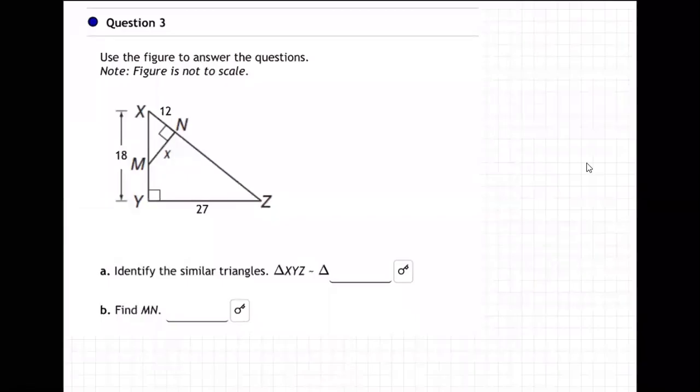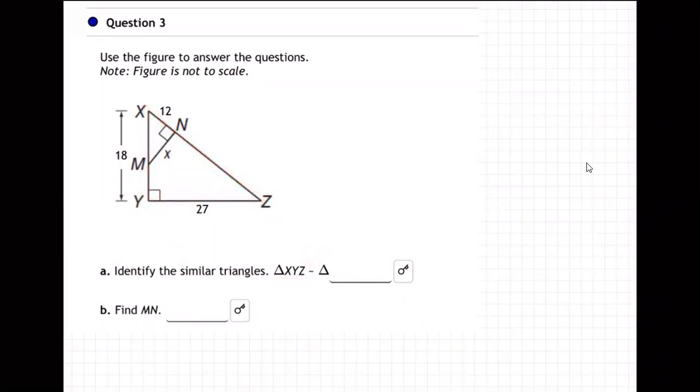Okay, so they want us to match up similar triangles. We're comparing the little bitty right triangle here with the entire big right triangle. And we're saying those two are similar, but this is tricky. It's easy to accidentally get them in the wrong order here. Let me show you. So they're saying triangle XYZ, which is the big one, XYZ, is similar to, that little